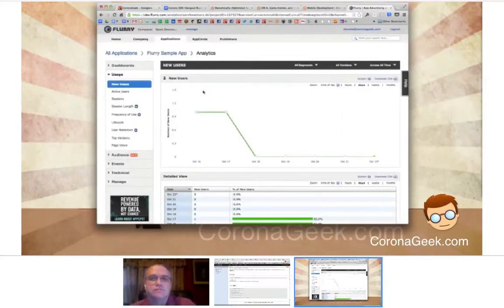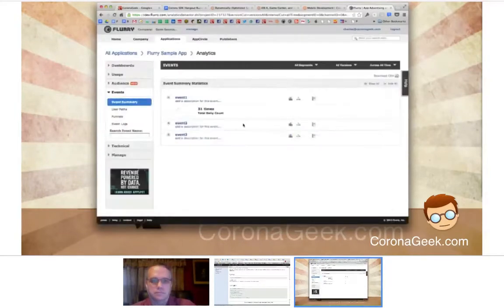Well, I created an account, got my key, and basically used their sample app from the Corona sample, the Flurry sample code that Toff was on, and tested this out because I was like, okay, how does this work? There are 3 events in the app, which are just 3 buttons, and every time you click on a button, it logs an event. It was able to log those events, and then show me